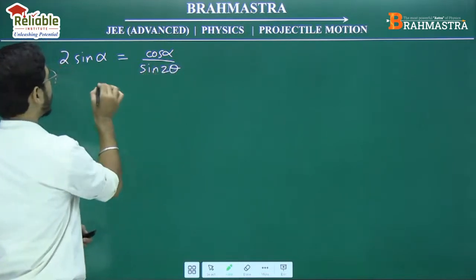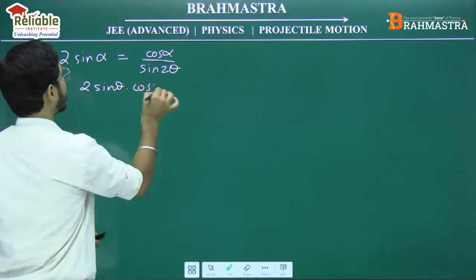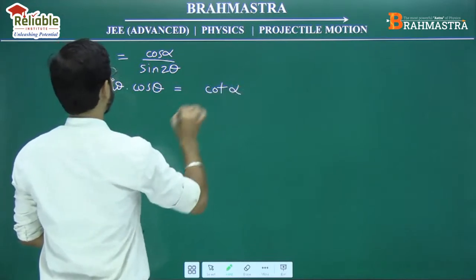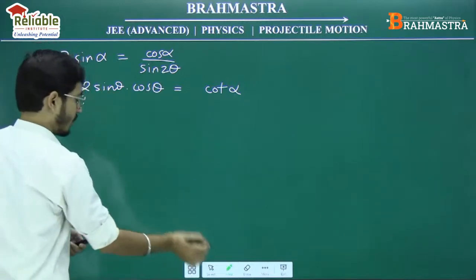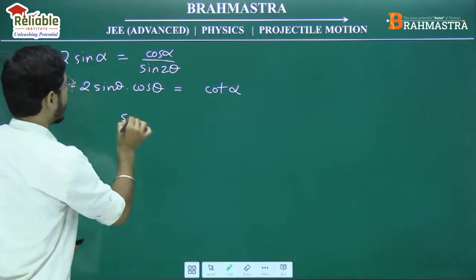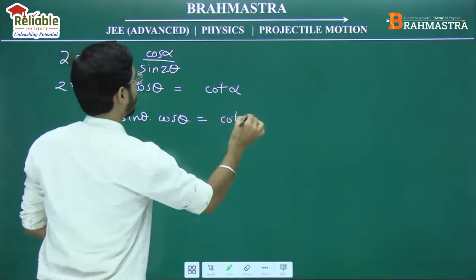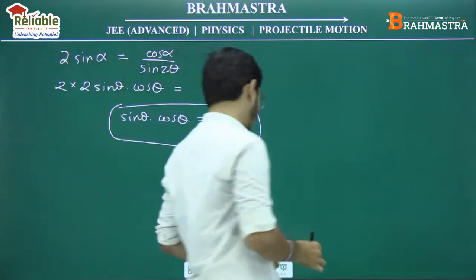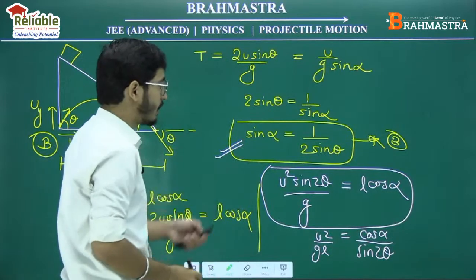तो मैं इसको क्या लिख सकता हूं गाइस, इसको यहां लाकर 2 sin θ cos θ लिख सकता हूं, और इसको क्या लिख सकता हूं इधर cot alpha। ओके, एंड देयर इज अ 2 आल्सो, सो इट विल बिकम 4। ठीक है, तो मेरे पास यहां से इंफॉर्मेशन आ रही है sin θ इंटू cos θ इज इक्वल्स टू cot alpha बाय 4। एक ये इंफॉर्मेशन मेरे पास यहां से आ रही है, और एक इंफॉर्मेशन हमारे पास ऑलरेडी आ गई है sin alpha इज इक्वल टू 1/2 sin θ।